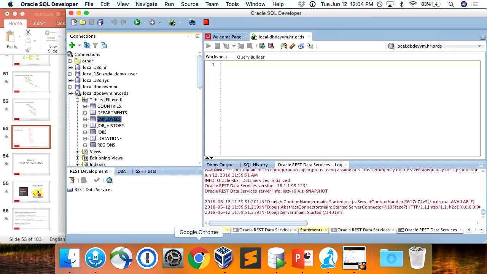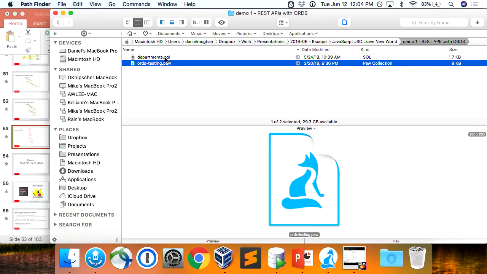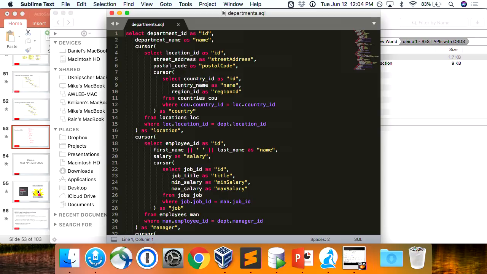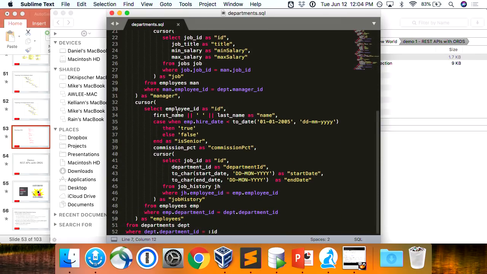So if you have a query, and I'll just show you what it might look like, you can expose a query like this as JSON. What you're seeing here is about as close as I could get it to the example I showed you before. The neat thing is that we can do nested JSON with ORDS using cursor expressions in SQL queries. So here you see I'm going one level down, another level down, and I'm able to use this rather complex query to convert all the departments in the departments table to JSON with a lot of other data from other